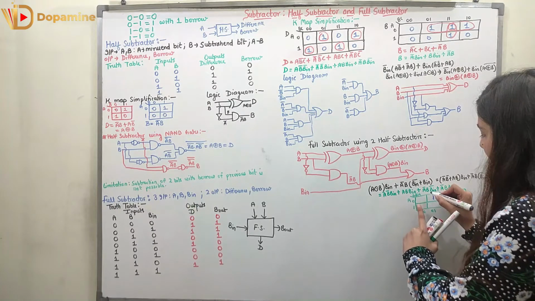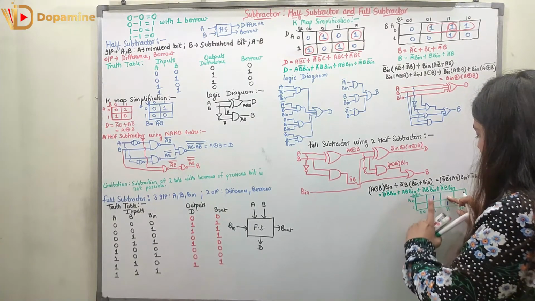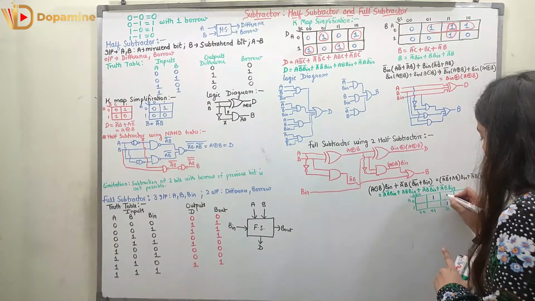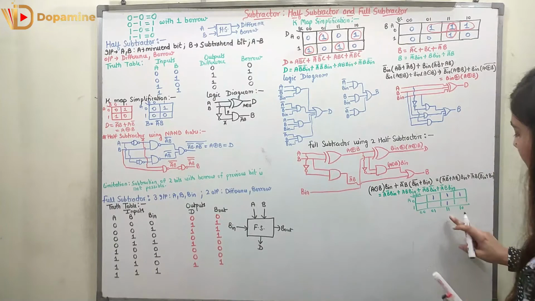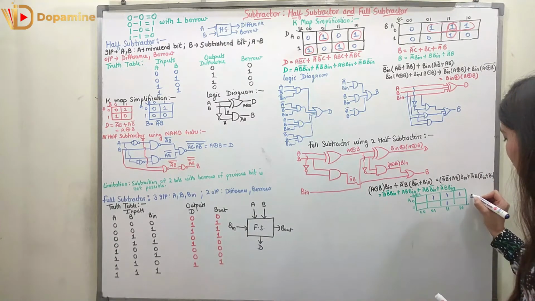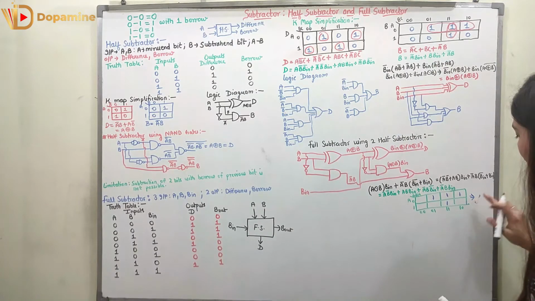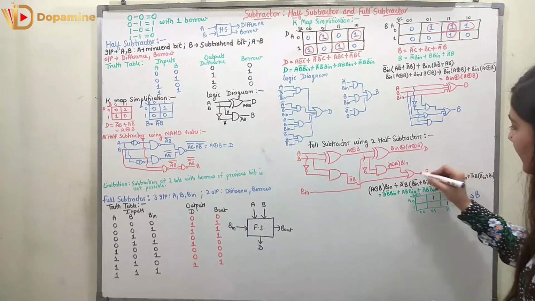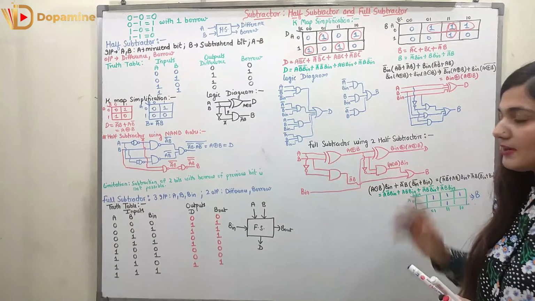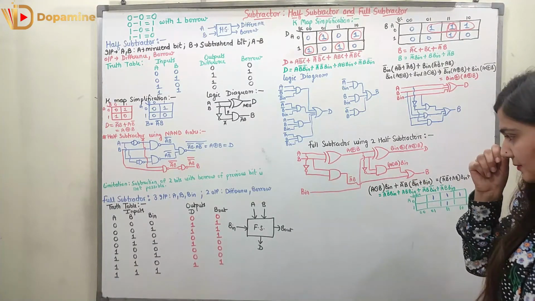So here we will be having A bar and B, B in bar. So here we will be having 0. A is 0. And then we have 1, 0. For 1, 0 we have this. So here we have A 0 and 1, 1. It is this. So now you can consider the K-map over here and the K-map over here. Both of them are the same, which means it is the borrow. Right, so now here I am getting borrow and here I am getting difference. So this is how I can make a full subtractor using two half subtractors.